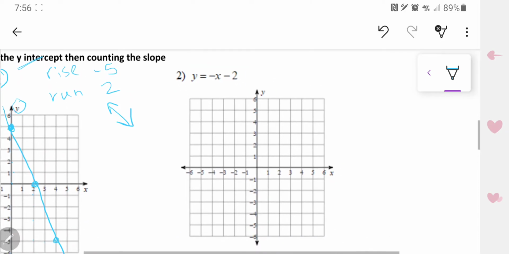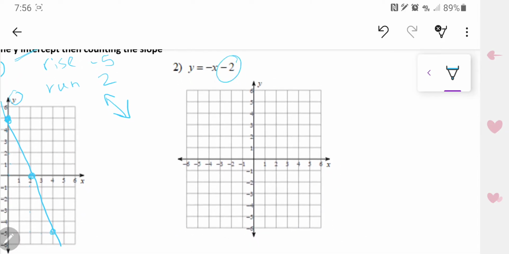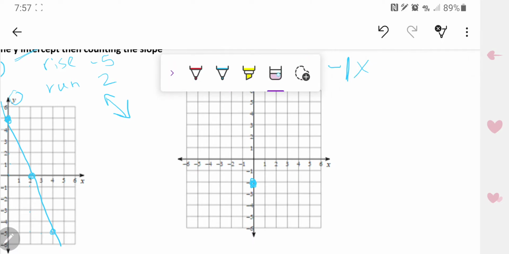Okay, let's try this one, starting at negative 2. And our slope is what? So we see this negative x. There's always a 1 in front of the x. If you cannot see it, we just don't write it. So negative 1 is the slope,